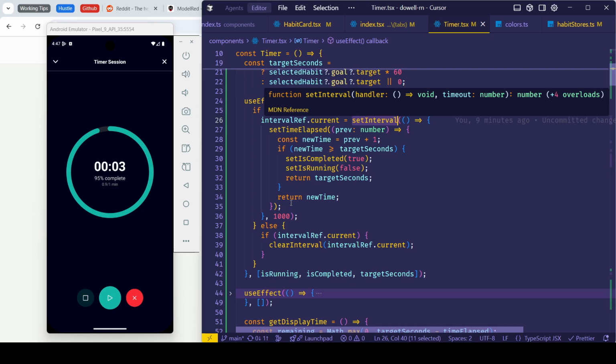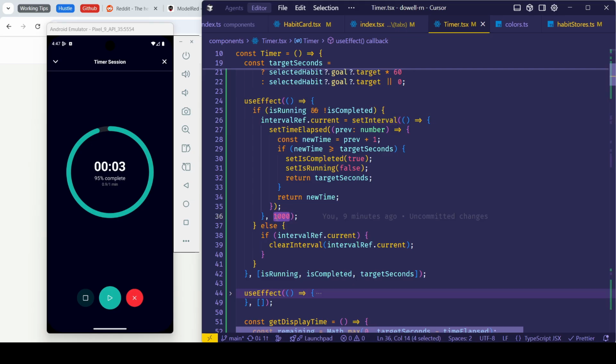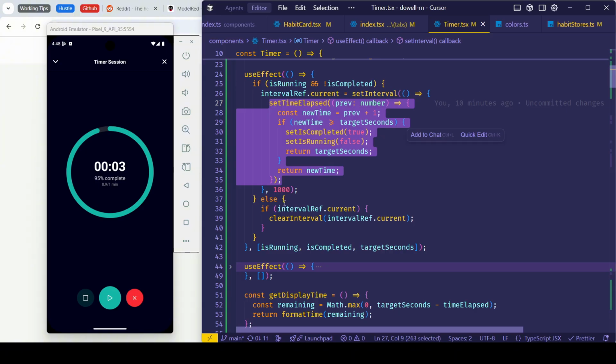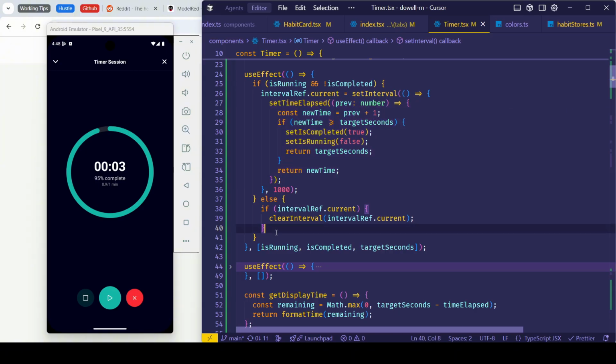Then you can set it to 1000 milliseconds, equivalent to 1 second. And in the interval current, you can set setTimeElapsed. It will count down your time. So this is like a stopwatch or a countdown. It's like that. And in the interval we can clear the interval.